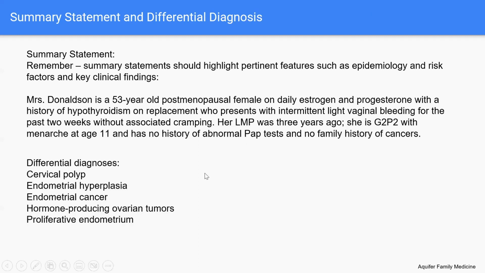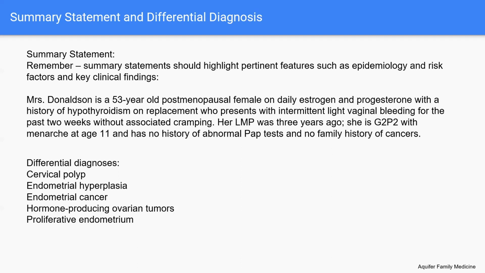So some things to consider for the differential with vaginal bleeding in the postmenopausal female. We talked about endometrial cancer. One thing is it could just be endometrial hyperplasia. So it could be along that sequence of events where the cells start to increase in number, which is called hyperplasia. And then they incur mutations, and then that can eventually become cancer. So we could be more towards the endometrial hyperplasia part of that sequence.